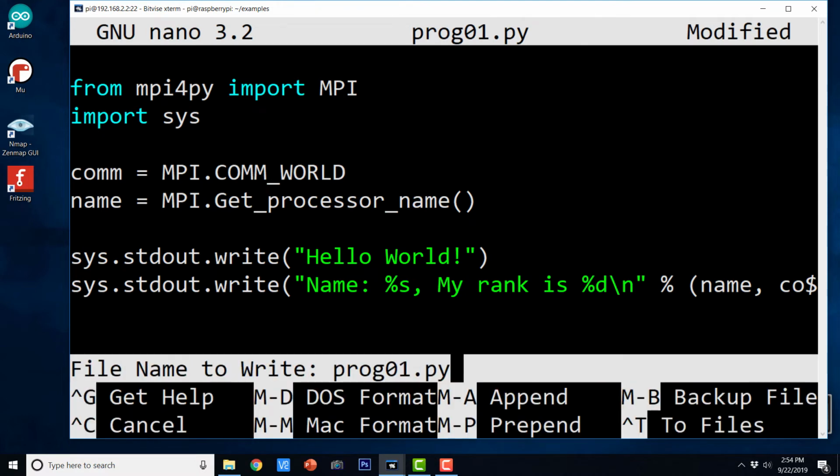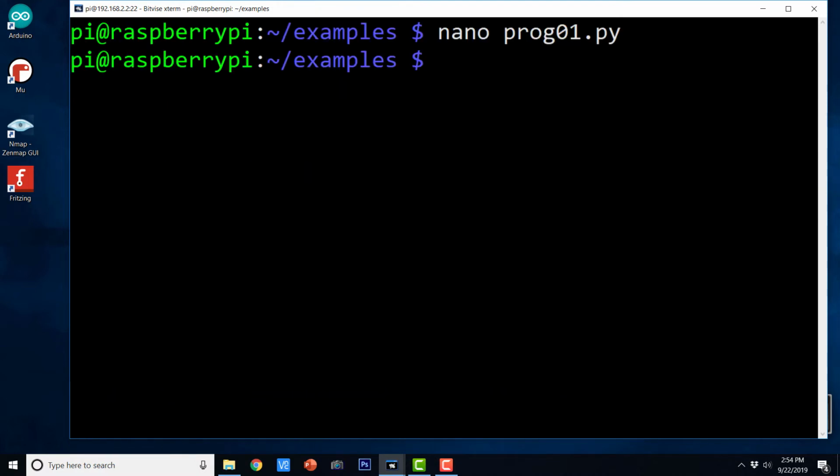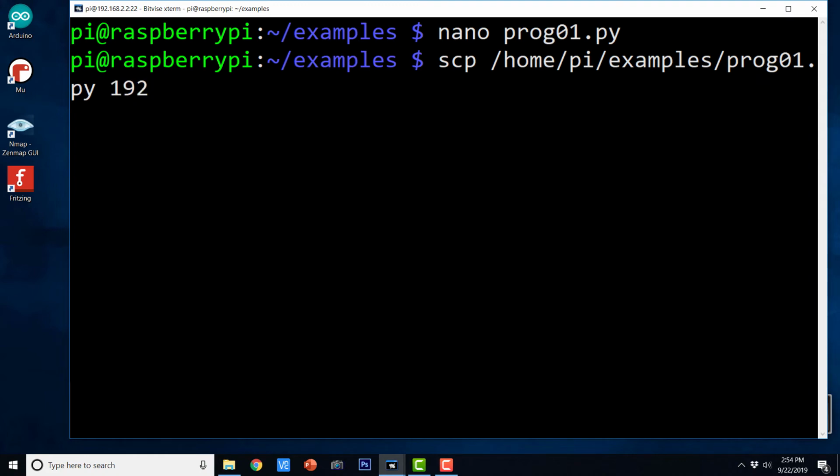So let me save it, and we have saved it. Now we need to copy it to all the other hosts, and we can just do scp /home/pi/examples/prog01.py to 192.168.2.3:/home/pi/examples.